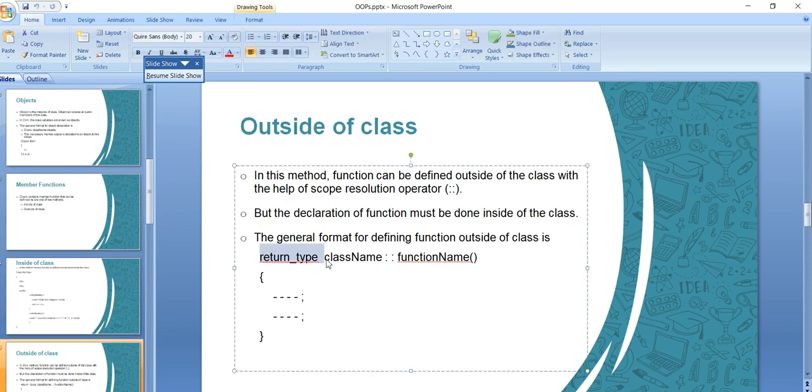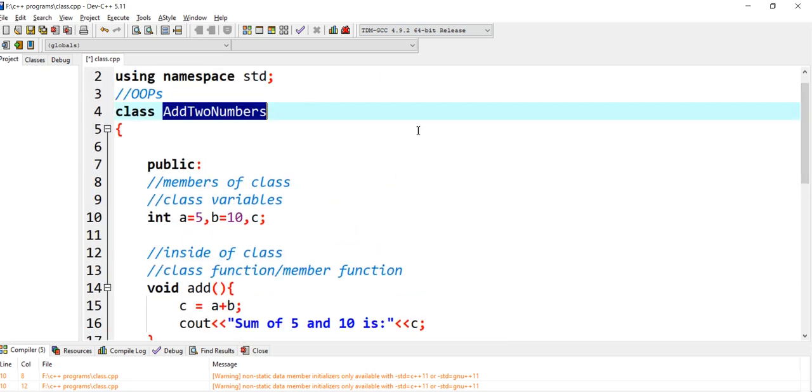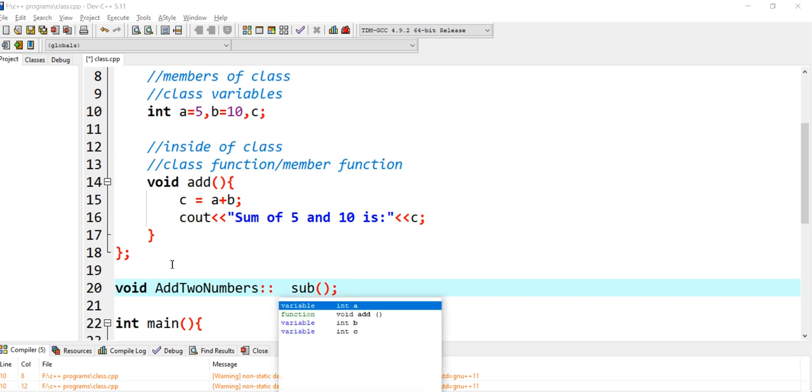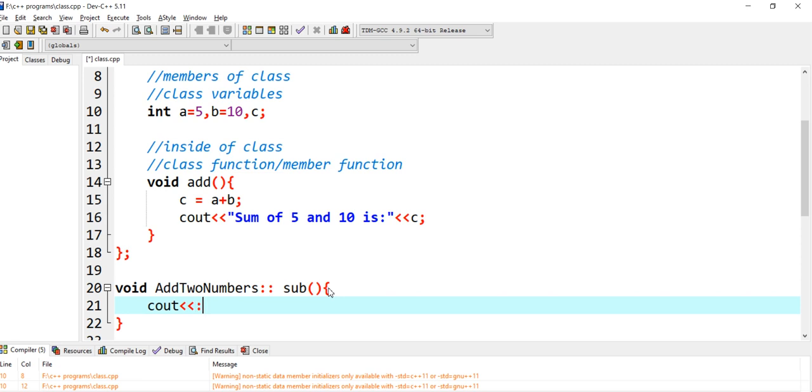So we have our return type, then the class name, then the scope resolution operator, and then the function name. So return type and then the class name. So what is the class name? This is our class name, so I'll just use this one here. Now using this scope resolution operator I am going to declare one function here, and now I can have something like cout. This is our subtraction method. Okay,